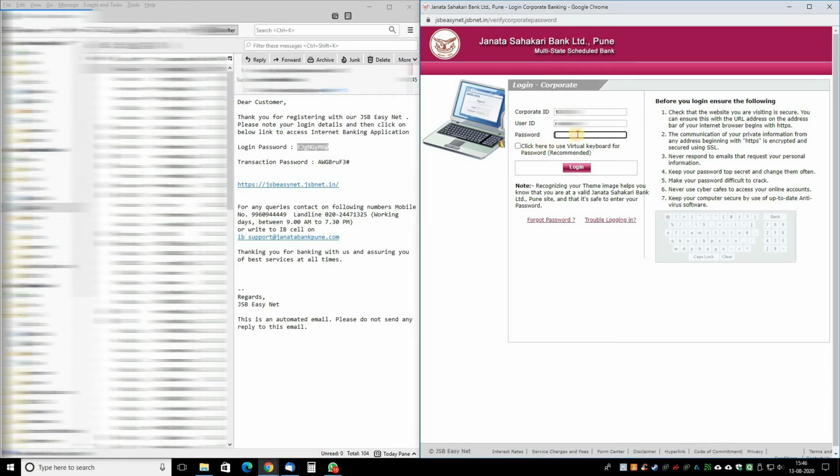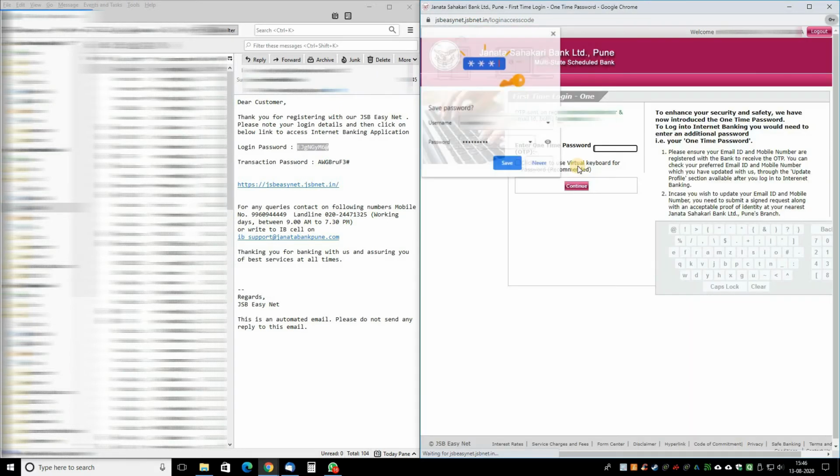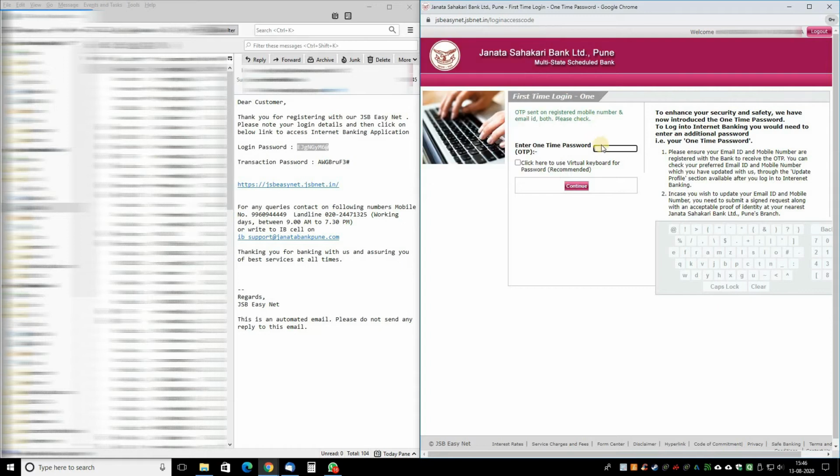We now need to use the login password to login. A new one-time password will be received on your mobile and email, which is to be entered here.